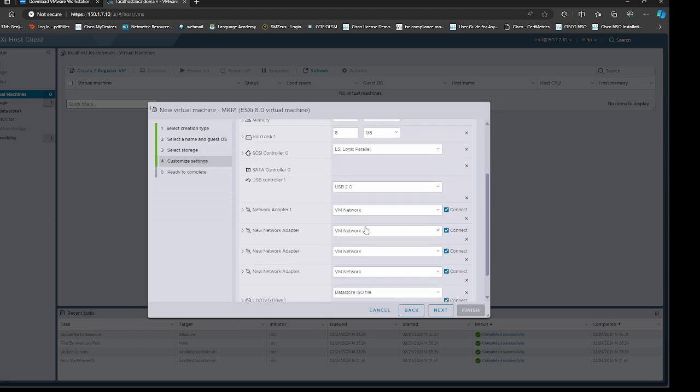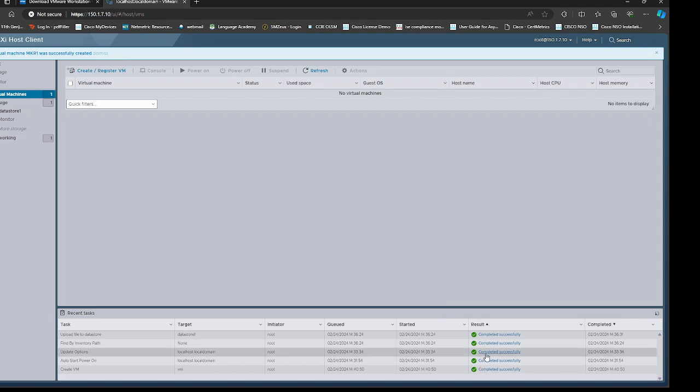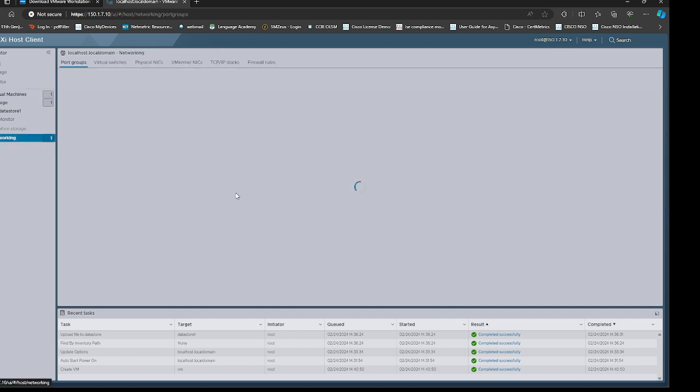Here also I'm doing the same thing, adding to the virtual machine. So if it was a Windows, you can see four adapters in Windows. Currently, all adapters are connecting to the default switch. Click on next and click on finish. And here you will see that it was loading. That's all good. Done.